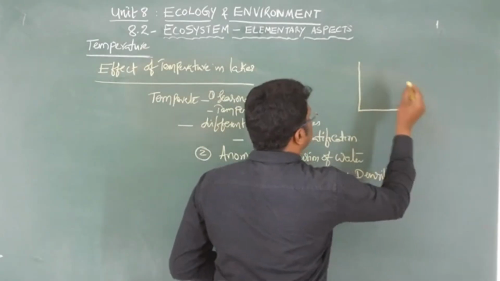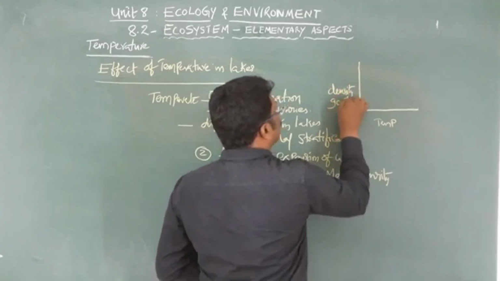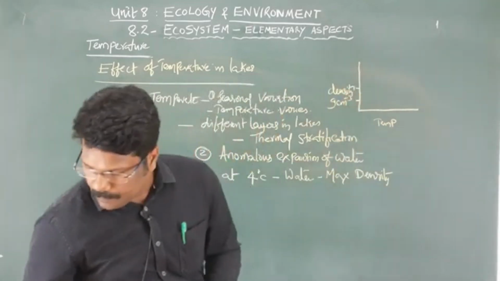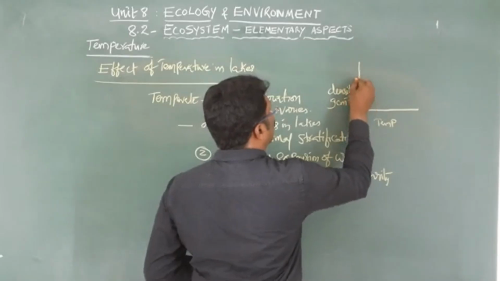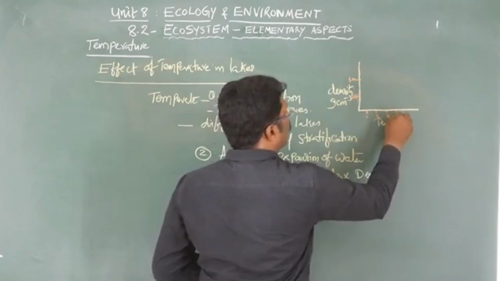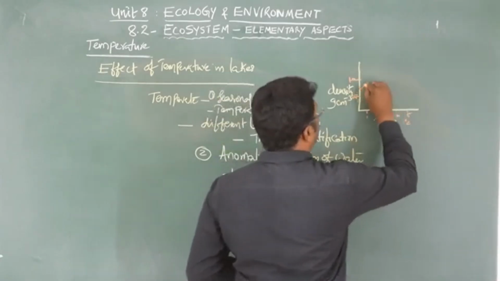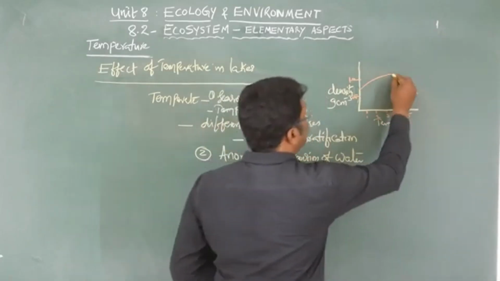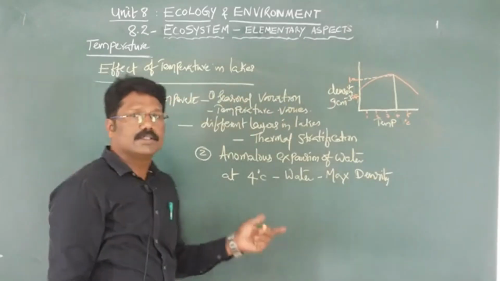If you draw a diagram based on the temperature and the density, so at 4 degrees centigrade, water shows the maximum density, and this property of water is known as the anomalous